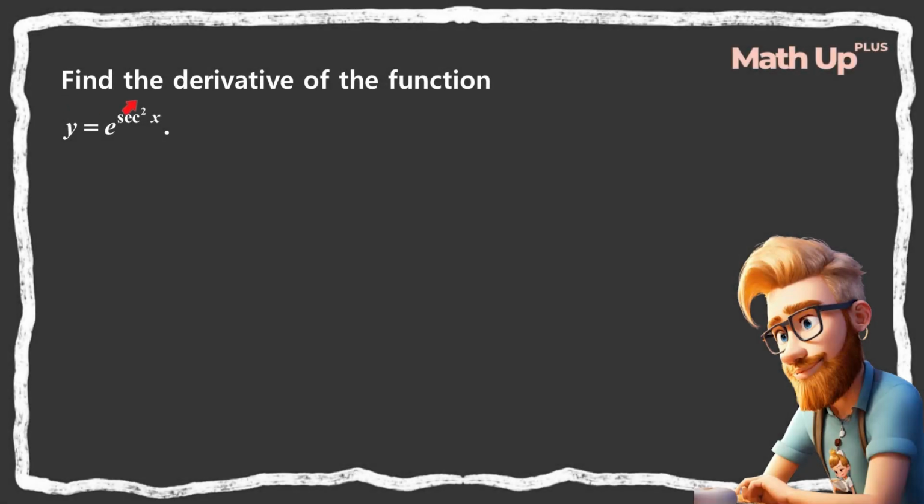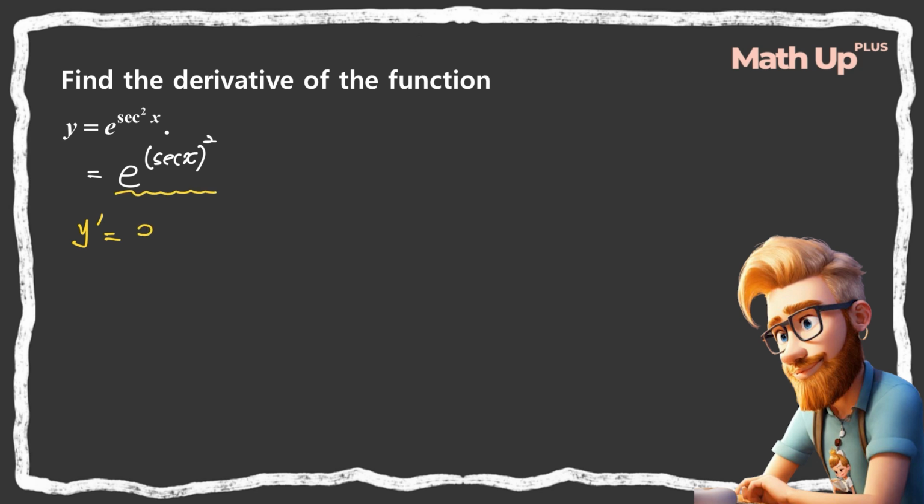The question is to find the derivative of the function. Here we have y is equal to e to the secant square x. Well, this is equal to e to the secant x, all of this expression squared. So its derivative, y prime, is equal to, if we have an exponential function, we have to write down the whole thing first,